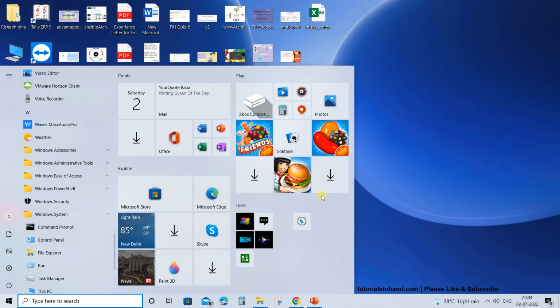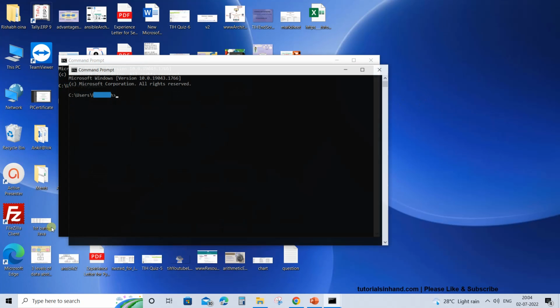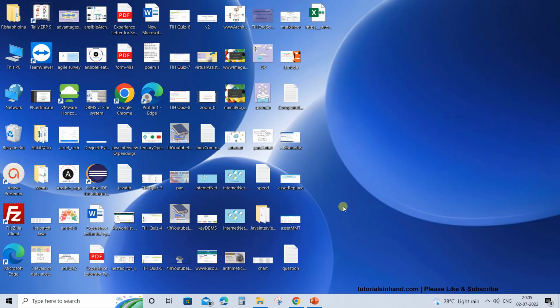So if you are very sure of what you are doing, or if you are installing any app which requires admin access, and if you are very sure that the app is not containing any malicious software, then only you should go with a yes and then open command prompt. Otherwise you should not do that. For now I am not opening as admin because I don't need admin rights, but you can do that. Or if you want to simply open command prompt, you can simply do this. So you have seen how you can open command prompt.